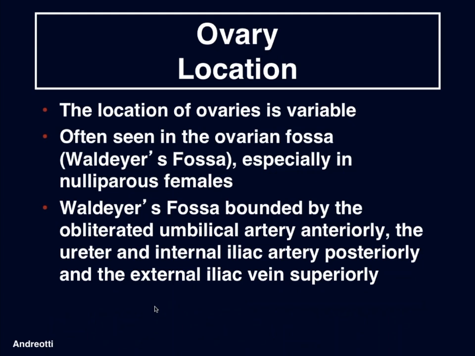The location of the ovaries is variable. It's often seen in the ovarian fossa, which may be called Waldeyer's fossa, especially in nulliparous patients. It may be seen in this area. And Waldeyer's fossa is bounded by the obliterated umbilical artery anteriorly, the ureter and internal iliac artery posteriorly, and the